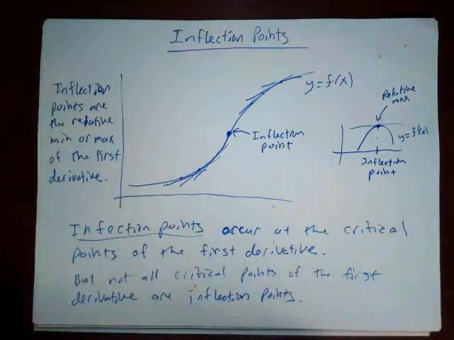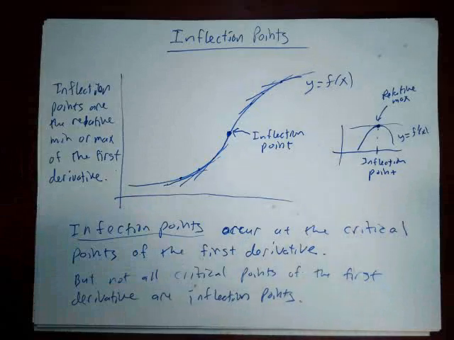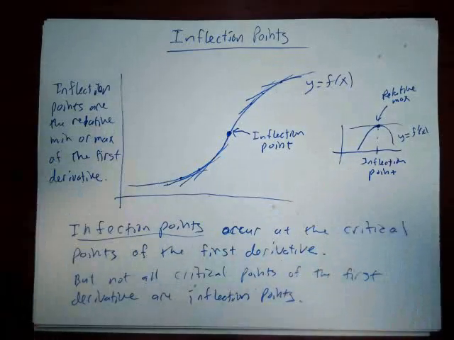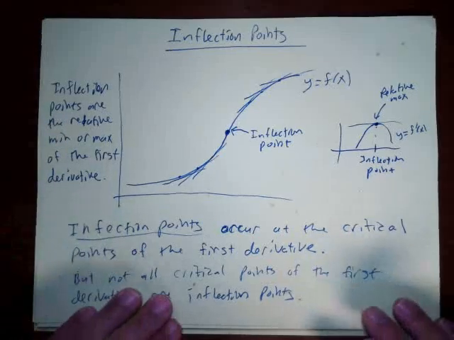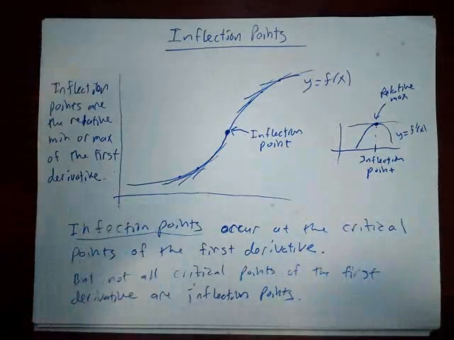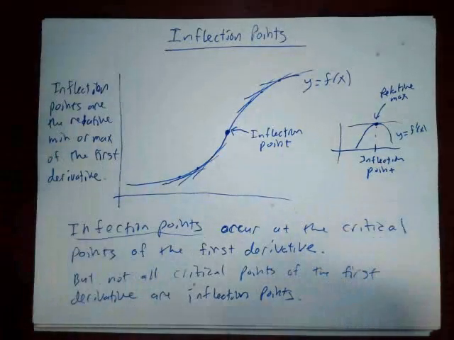That's important to keep in mind too. Okay, the first derivative is going to have critical points of its own. And when you find those critical points, they may or may not be inflection points. So what you would have to do is go and investigate to make sure